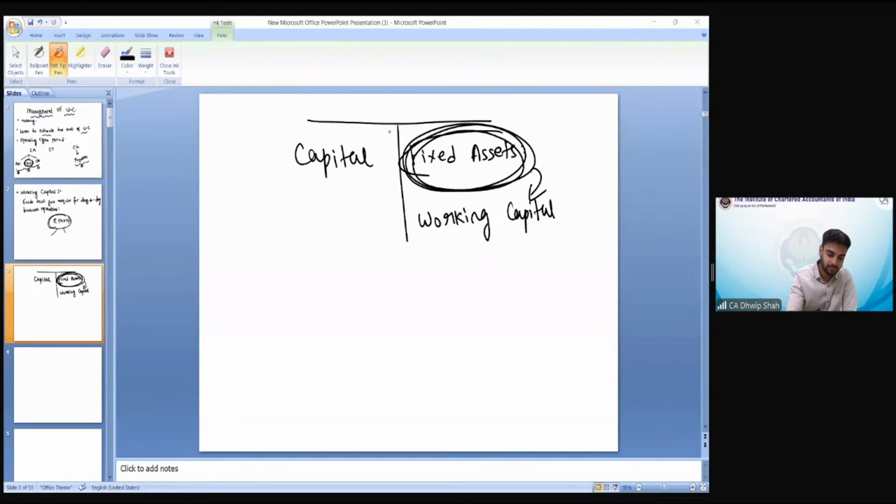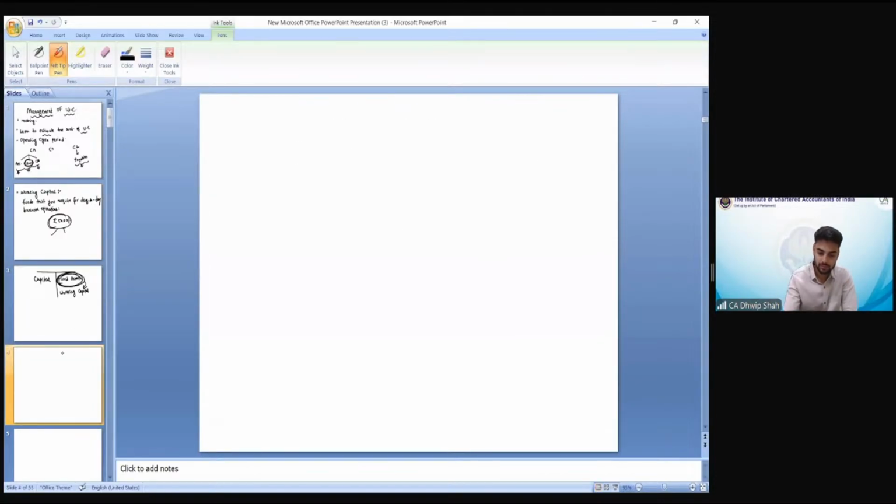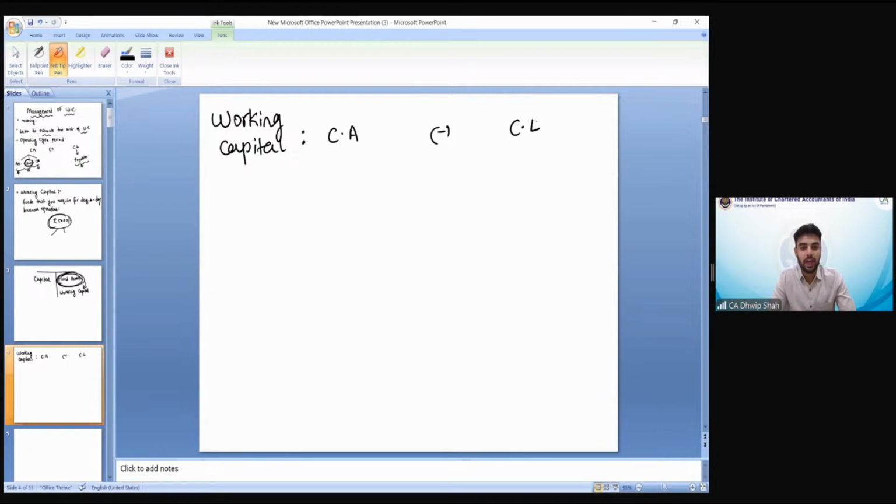Now let's move ahead. So working capital. Now how to calculate working capital? It is very simple. It is nothing but current assets less current liabilities. Means, can I say if we are able to calculate the value of current assets and the value of current liabilities, our job is done, working capital is done. Yes or no? So to calculate current assets, we first